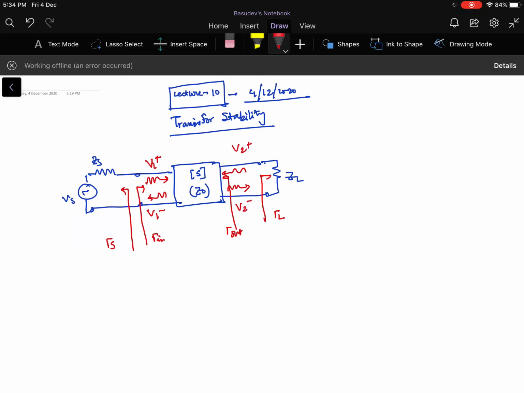So this is the block that should be always there with us, because this is the fundamental transistor amplifier or the gain stage, which is in a normal fashion just connected with an arbitrary load ZL and an arbitrary source impedance of a VS source called ZS. And for that all the reflection coefficients arise the same way we have described and defined in our lecture 9.